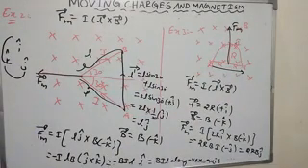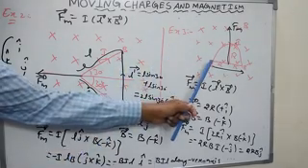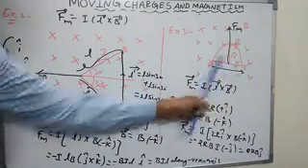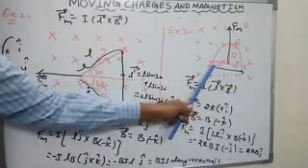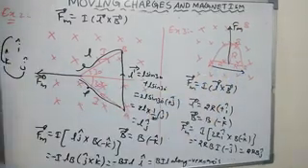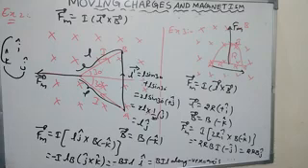This is the way we calculate magnetic force on an arbitrary shape. If it is straight, we use sin theta. If it is not straight, you calculate the length from A to B by drawing the straight line, find the magnitude of that length and its direction. In this way you can calculate. I hope you understood magnetic force on a current carrying conductor, straight conductor and arbitrary shape. Thank you.